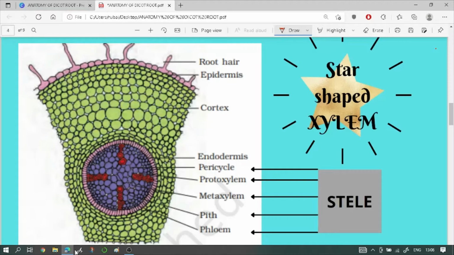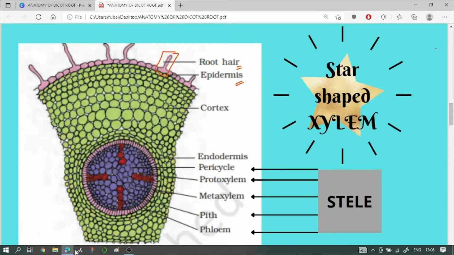Now let's look at the dicot root more closely. As you can see, the epidermis, also known as the epiblemma, is the outermost layer with unicellular root hairs. You can see the unicellular root hairs over here. The several layers which are present underneath the epidermis is known as the cortex, and it is made up of thin-walled parenchyma cells